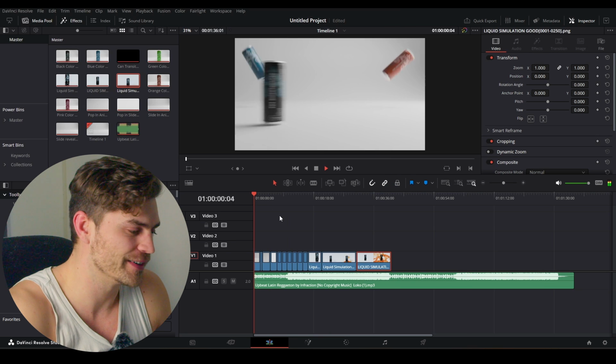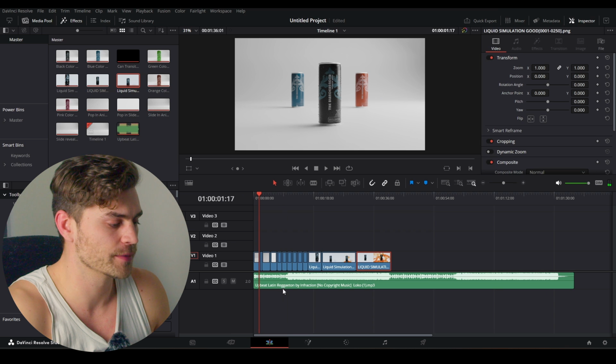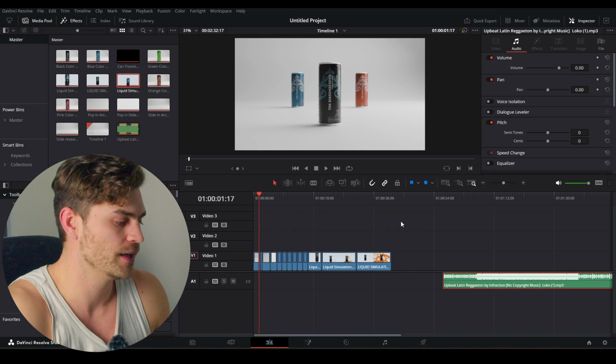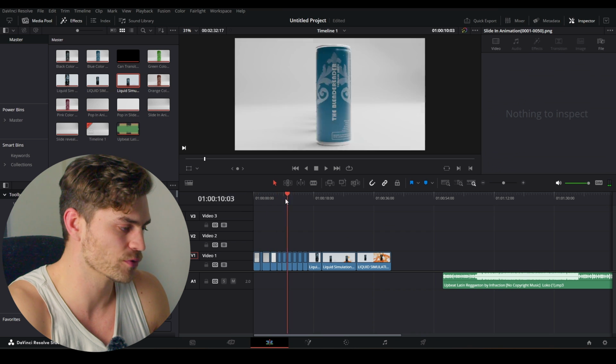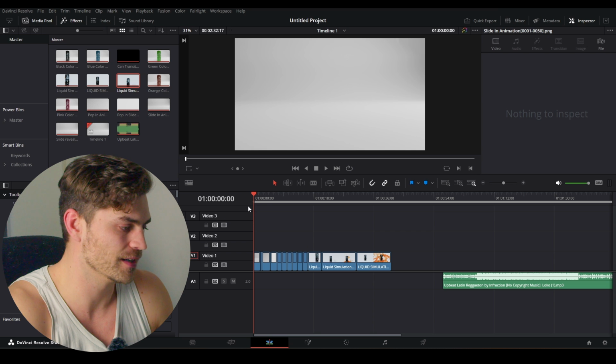So I've got everything lined up right here. These are all the renders that we've made throughout this course. And I'm going to drag the music to the side because I do not want it to be a part of my MP4. And I'm going to go with my timeline all the way over here. Just drag this red bar, set it to the side, press on I to set this in point.